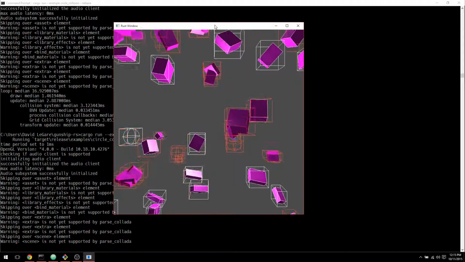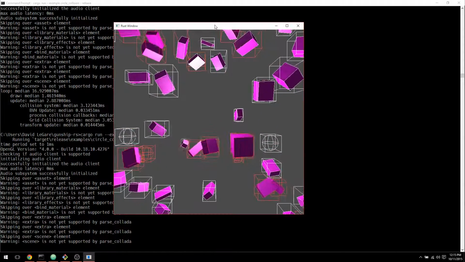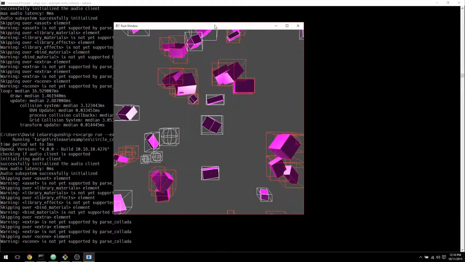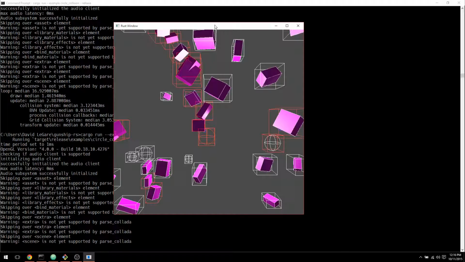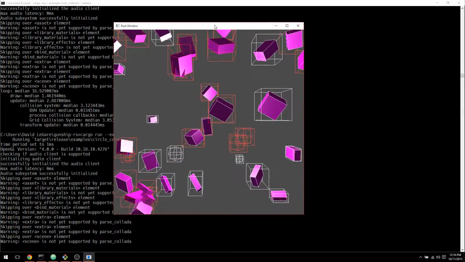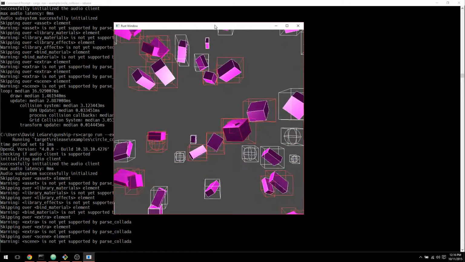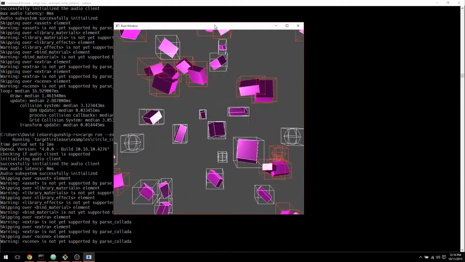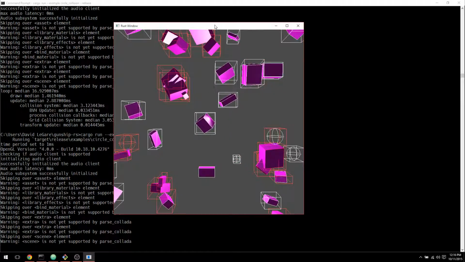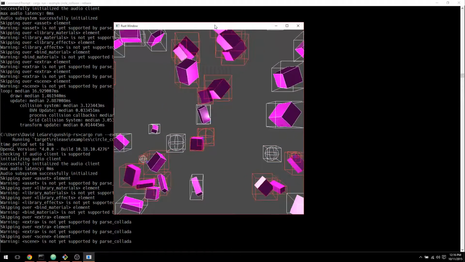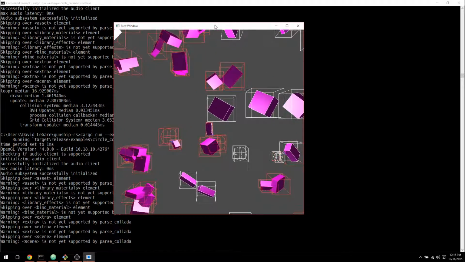However, I think that's probably a bigger task than is worth it at this point, just because my support for loading meshes is pretty weak, as evidenced by the fact that I can't load the sphere meshes. So it might be worth it to take some time to improve the mesh loading code so that I can get mesh collisions working. But I think it'd also be worthwhile to spend more time working on my spatial partitioning